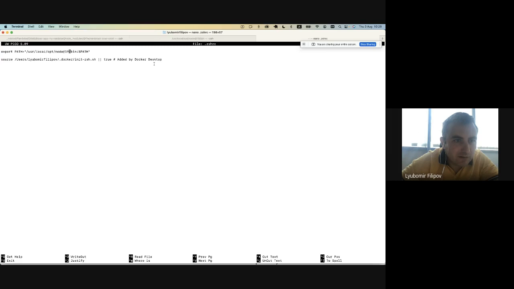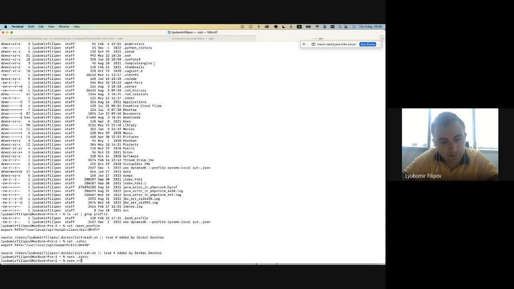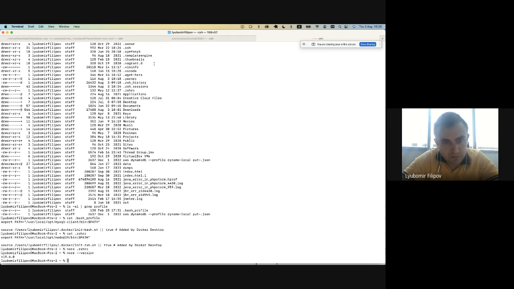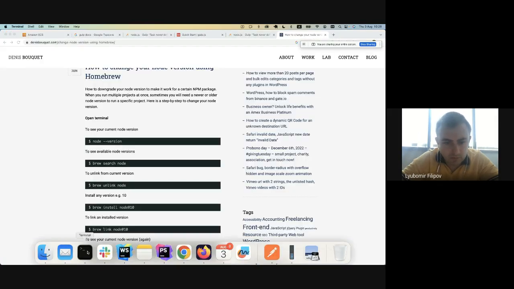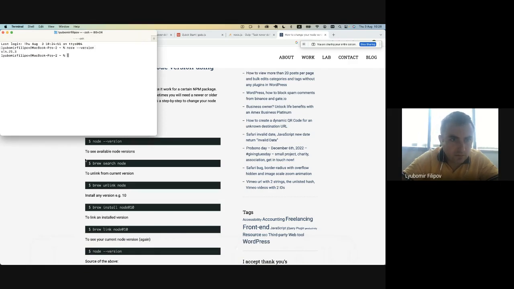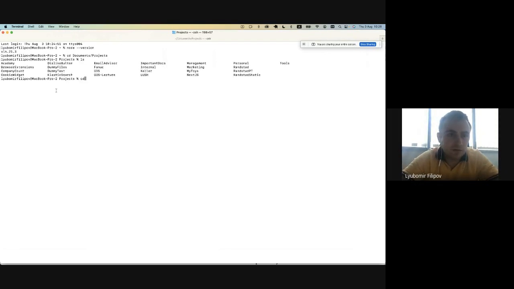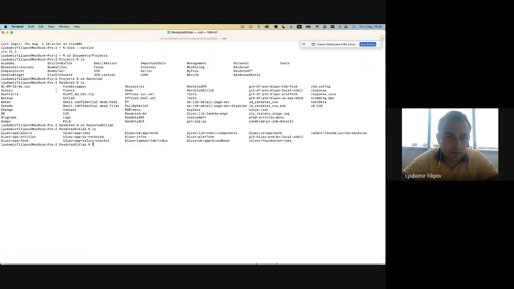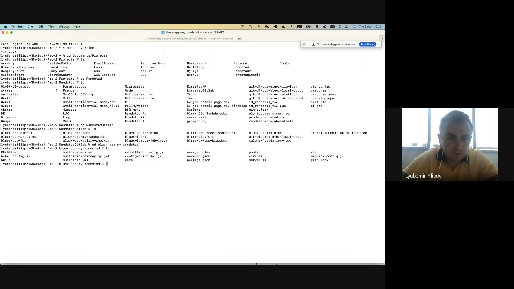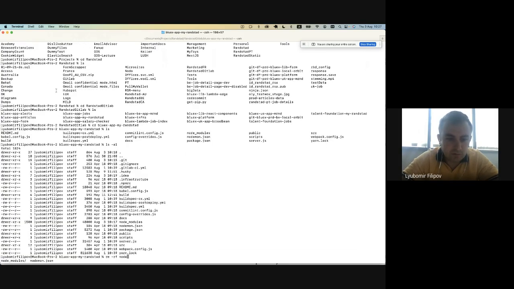And we said we are going to use Node 14, not Node 19. Now it should start working because it needs to load the new profile. And it loaded the new profile. So why I had to drop it, I guess you know, but it was loading the old file, so I had to change it. So now if I go to MyRandstad GitLab, go to WhatsApp, MyRandstad, again, remove Node modules